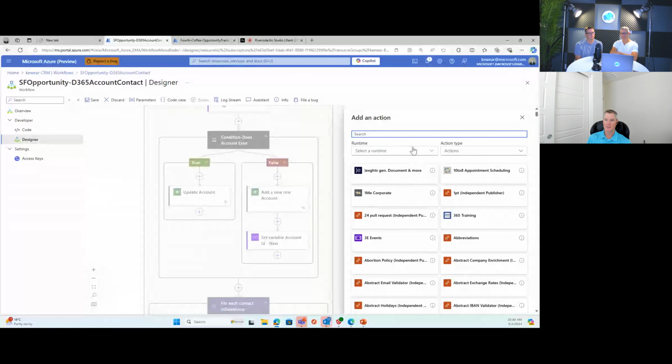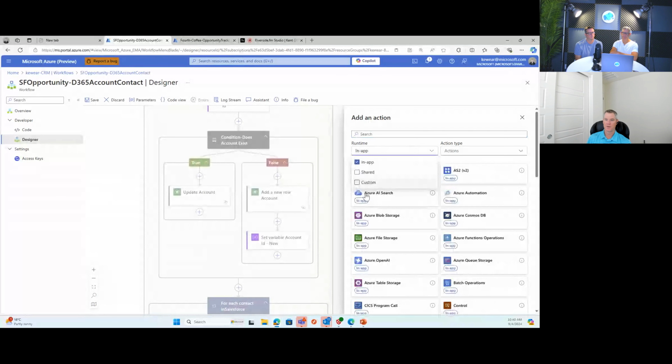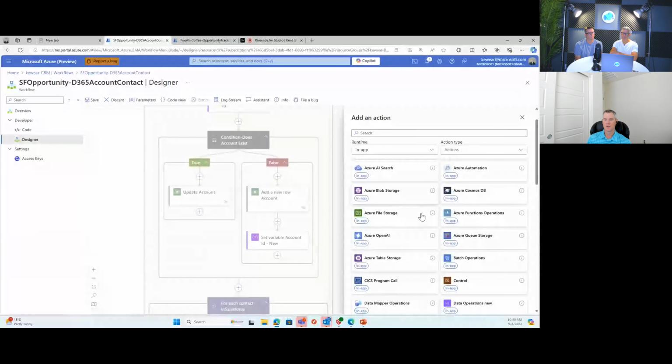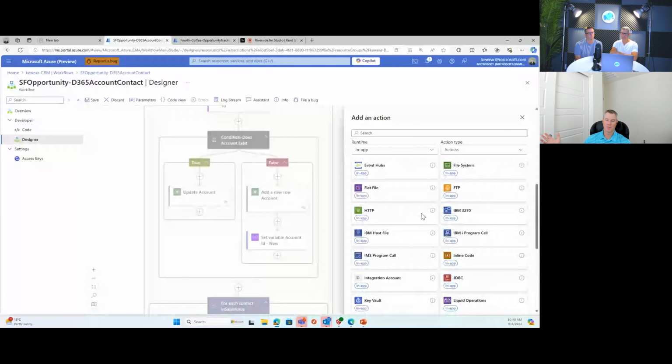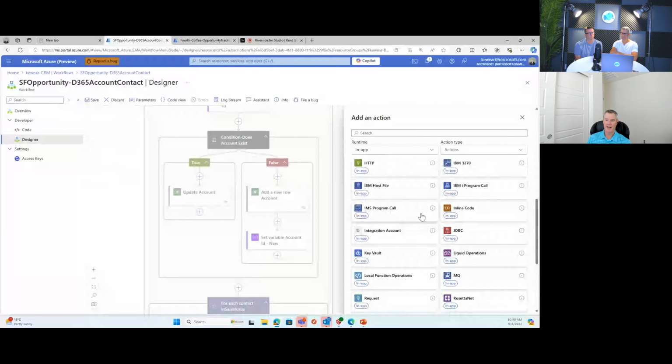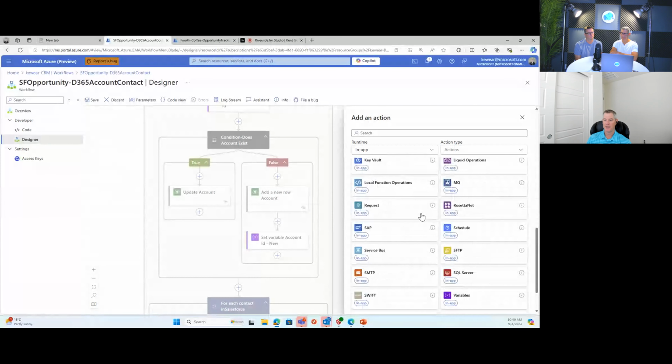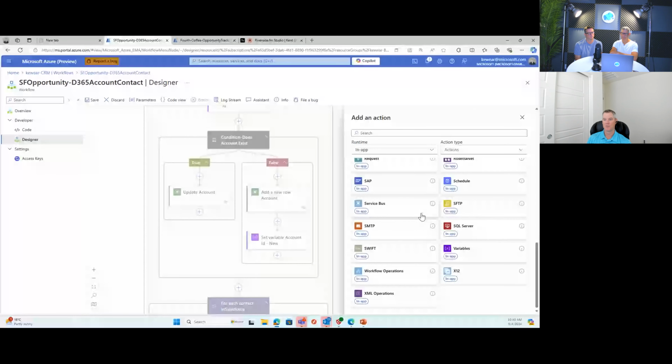But with Logic Apps, we also support what's referred to as in-app, or what we also call built-in. And so these are going to be unique to Logic Apps Standard. Now, most of these will have their counterparts in the Azure managed side of the world, but in this case, these run in your own runtime.